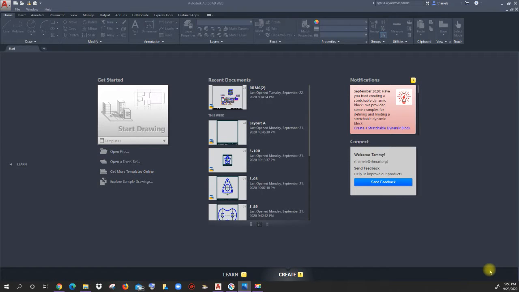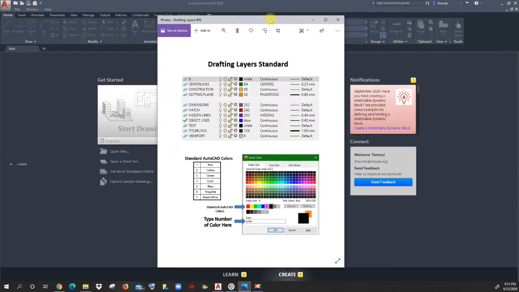We are going to create a prototype title block, and we're going to set up our layers. So if you were absent today, you need to go to the home page and click on the layers hyperlink so you can get to the layers standards. A hard copy of this will be given to you in class, but you can use this one to get caught up. So you're going to have your layers set up with common names,